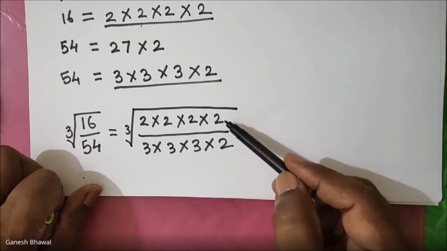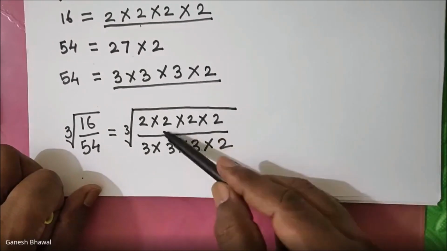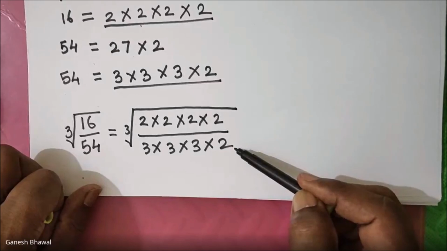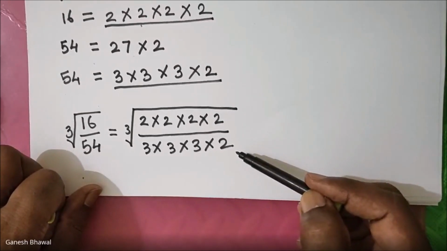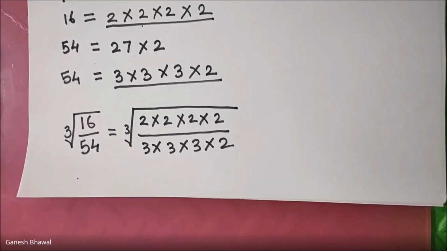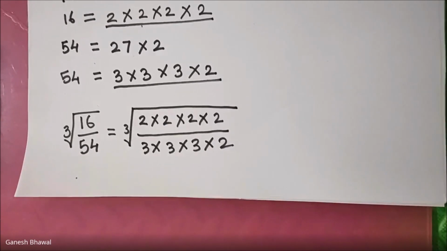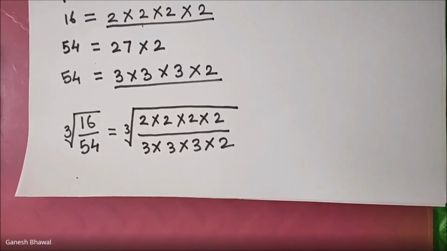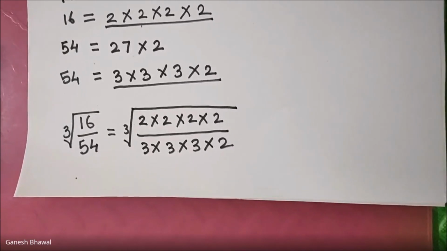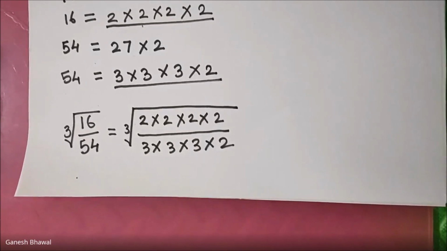Now, concentrate on the upper factors and lower factors. There is one common digit up also and down also. Type your answer in the chat box. Which is that digit which is common up and down? Only one digit is there. Yes, very good. Digit 2 appears up and down as a common.